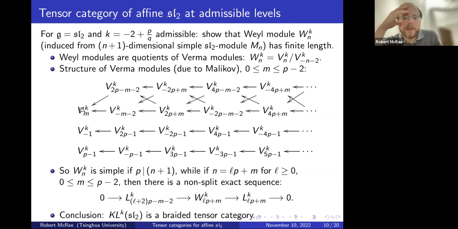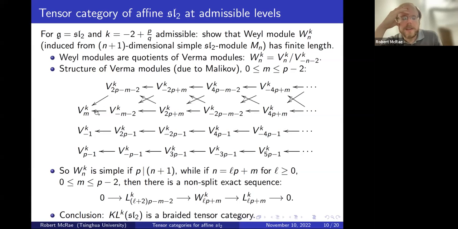So if you want to look at WKM, you have to quotient out this VK minus M minus 2 submodule, and it contains almost all of these Verma submodules in it. The only one it doesn't contain is this 2p minus m minus 2. So that's why the Weyl module actually has length 2, where you have this simple quotient and this simple submodule